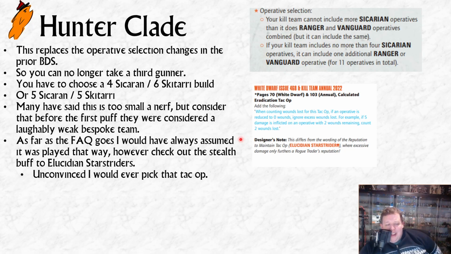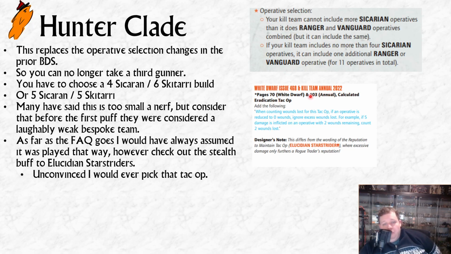Now, that's a stealth buff to Euclidean Starstriders inside the FAQ for Hunter Clade. I'm not sure it's enough to still pick that TAC-op, but that's a weird way. Unless more people than I assume were getting this wrong, because I would have assumed for both of these TAC-ops that you didn't get the wounds from overkill.